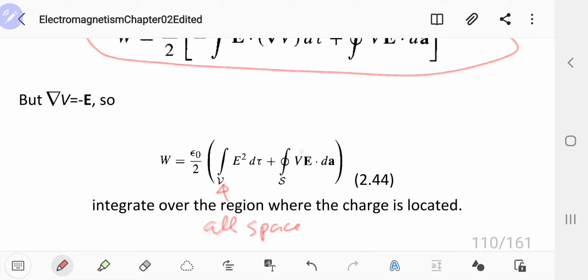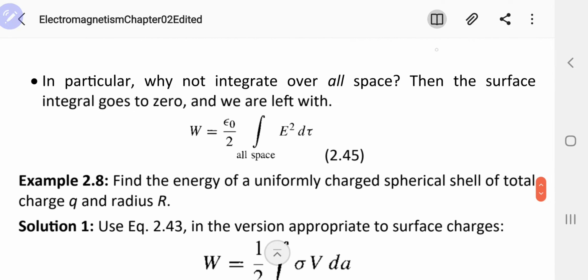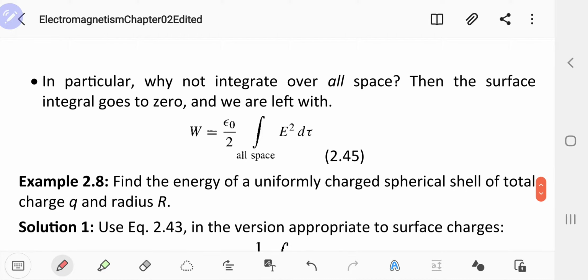So all space includes r going to infinity. At infinity, you are integrating at the surface of infinity. V is equal to 0 and also E is equal to 0. So this will go out of the question. So what happens is that your work will just be equal to,